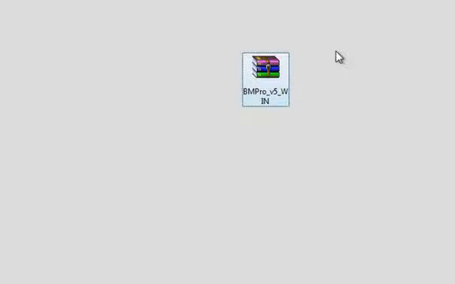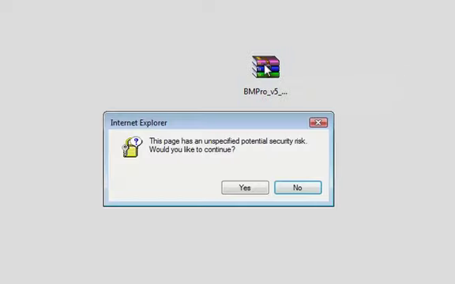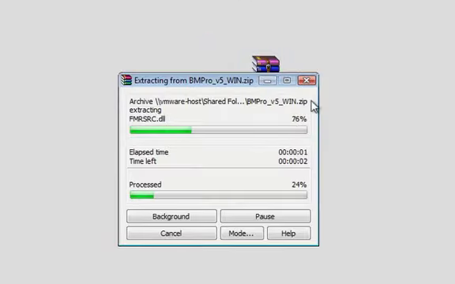It's just quite simple. So basically you'll have downloaded this zip file and you're going to need either WinRAR or WinZip or another zip utility to unzip it. And there'll be links below this video where you can actually get a copy of those from. So once you've got that installed, and most Windows machines will have this installed as a default anyway, you just need to right click on the file, okay, and you may get this message come up because it's a new download. Just say yes, you do want to continue, and you want to see this extract here, so you should extract here just to extract everything to